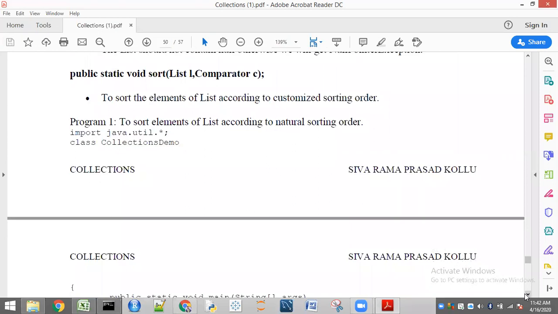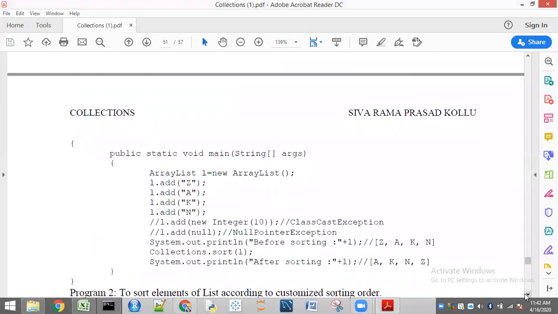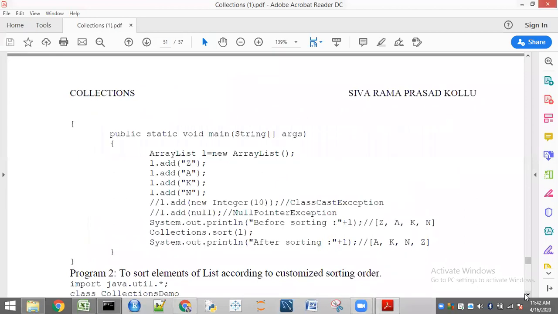I'm going to take the first method in this example. Now listen. Here I'm going to create one list, that is ArrayList l. So here l.add, that means in my ArrayList, I am going to add four elements.